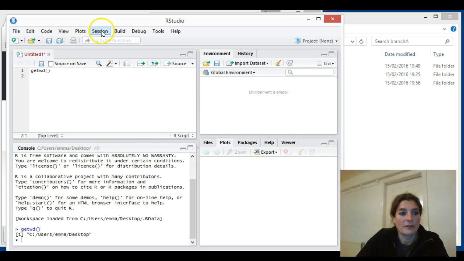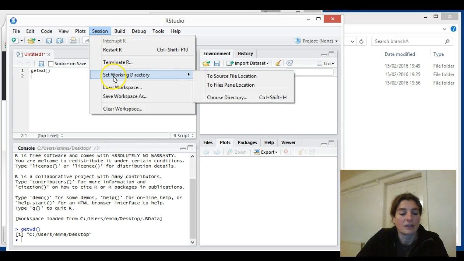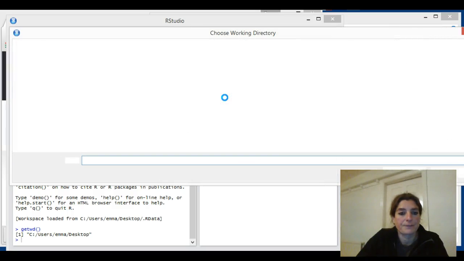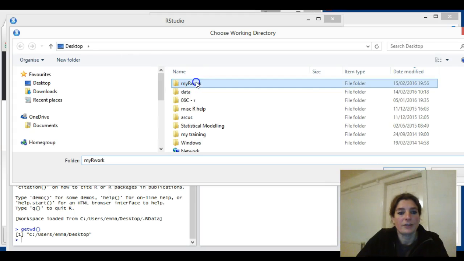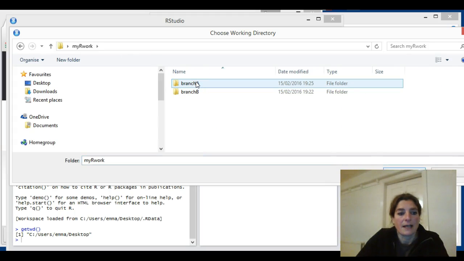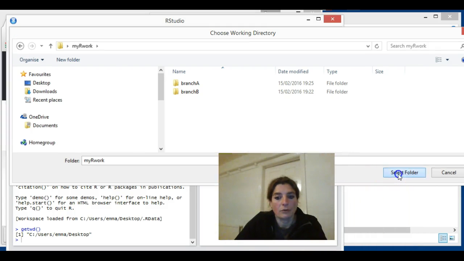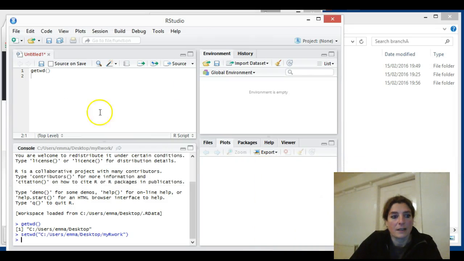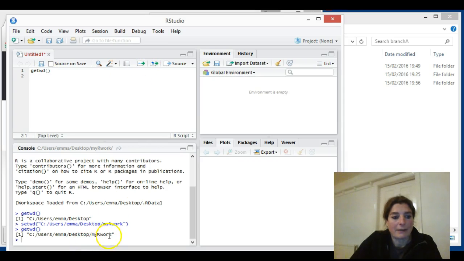So what I probably want to do is set my working directory to somewhere more useful. So I'm going to choose a directory, and the directory I'm going to choose is going to be My R Work. So I'm choosing My R Work here, and I think I'll leave it at that. So let's move me here, select folder. So if I run that get working directory command again, you can see now I'm in a folder called My